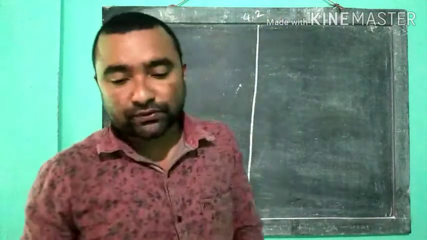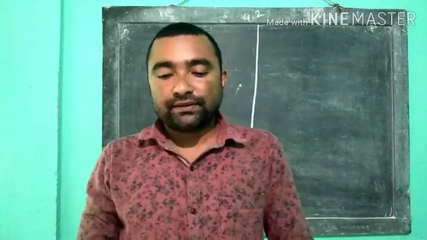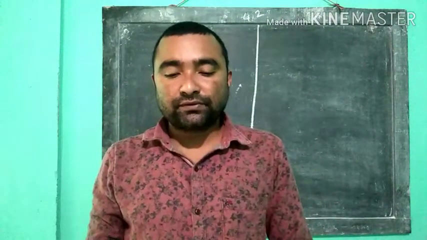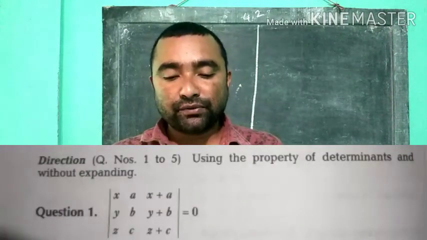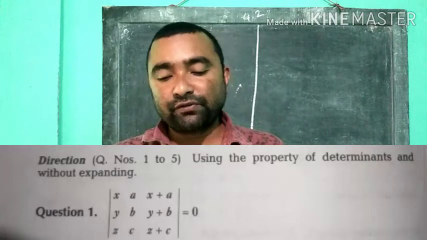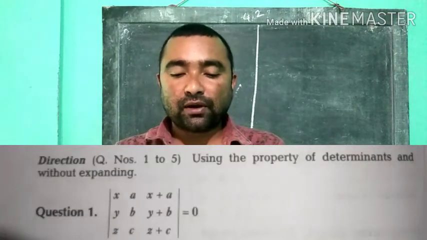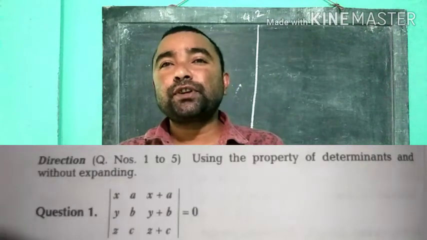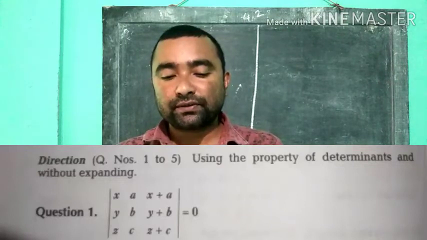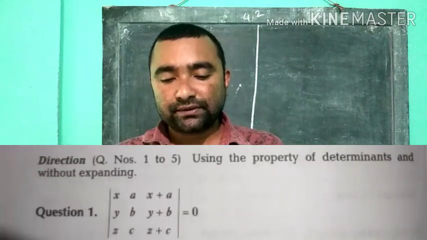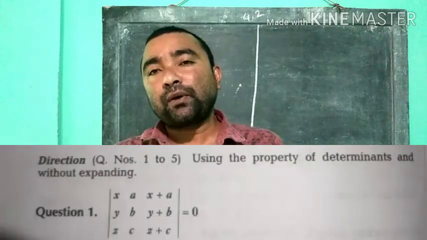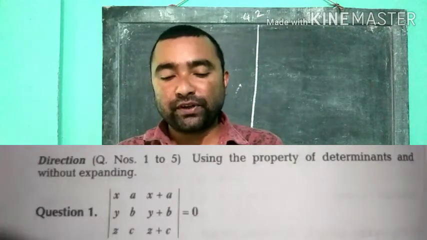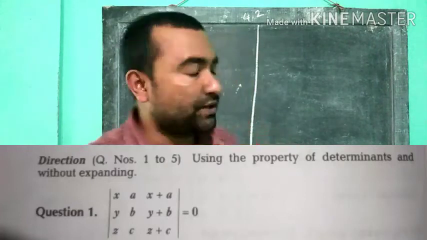Exercise 4.2. Here, questions number 1 to 5 say: using the properties of determinants and without expanding, prove the following. Here we use only properties, we cannot expand the determinant. So question number 1 is